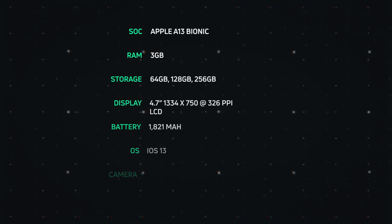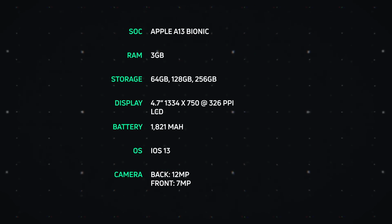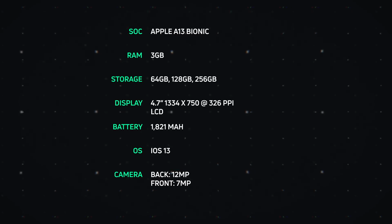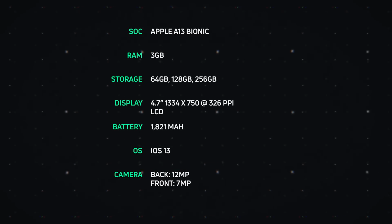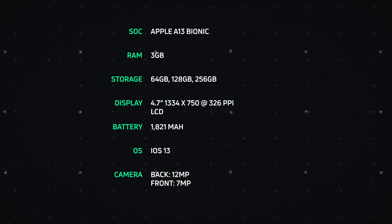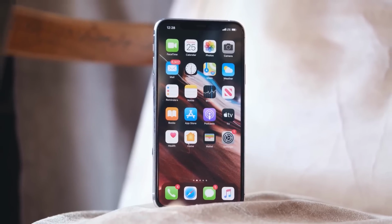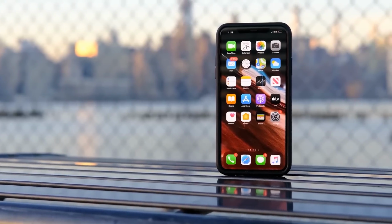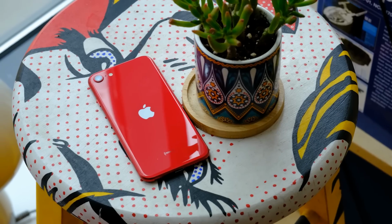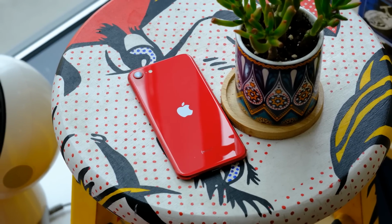Now don't get me wrong, most of these specs are distinctly mid-range. It's got 3 GB of RAM, a measly 1,821 mAh battery, and 64 GB of storage at the baseline. But what makes the iPhone SE truly remarkable is its A13 Bionic processor. This is Apple's absolute newest processor that you're gonna see in the iPhone 11 series, and it enables some new features like being more power efficient and a bunch of new camera features. But maybe even more importantly, it means that the iPhone SE is going to be supported for a long, long